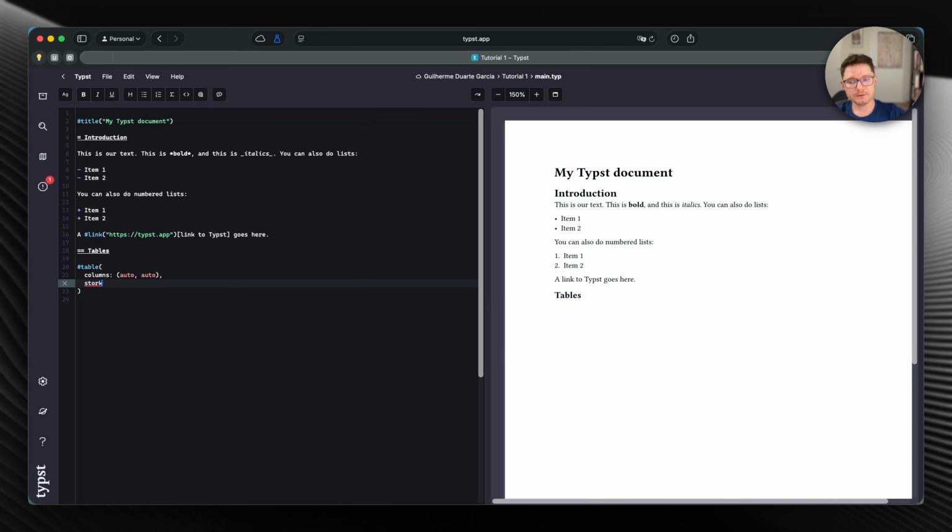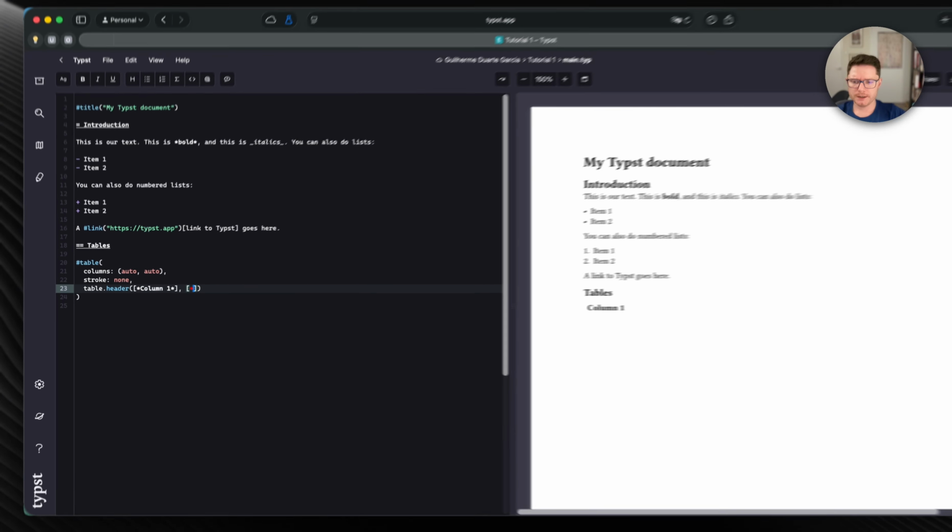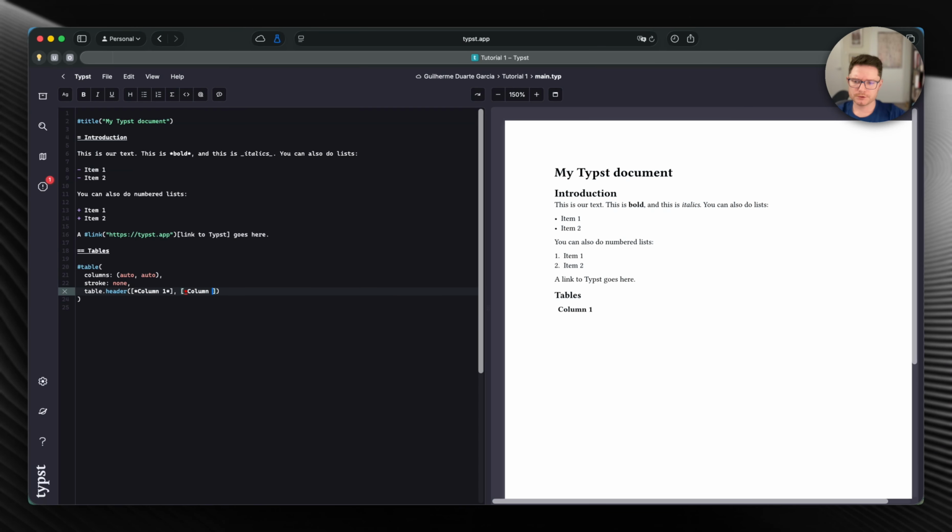We don't want any lines, so we'll just do stroke none. And this is kind of to simulate a typical book tabs, LaTeX style, scientific style table. And then we could just do table header. And inside table header, we can do the names for the 2 columns. So column 1 over here and column 2. And I'm using asterisks because I want the header to be bold. At the end, we just skip and then we can just start writing. Okay, so it will automatically fill out all the cells.